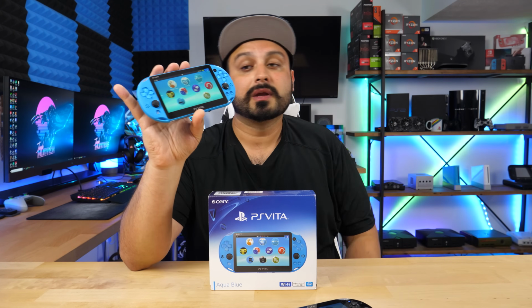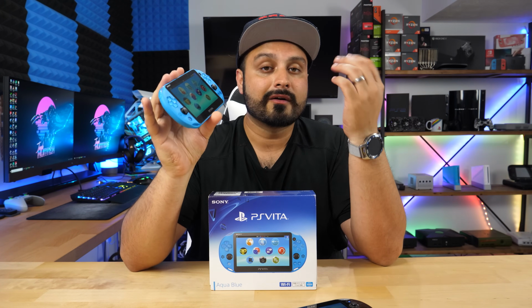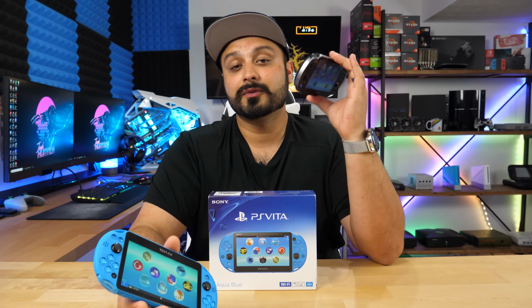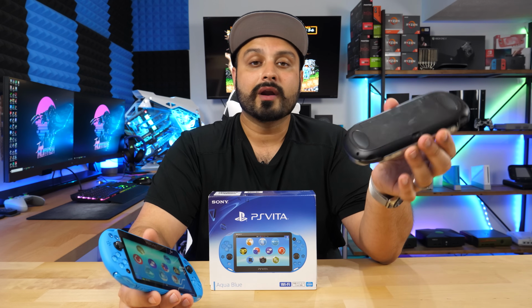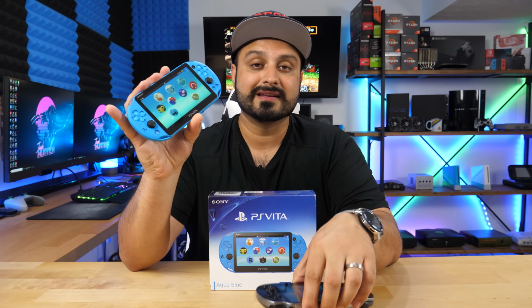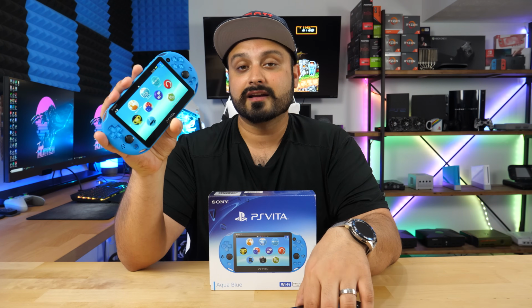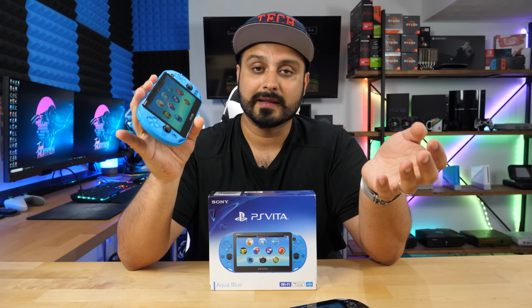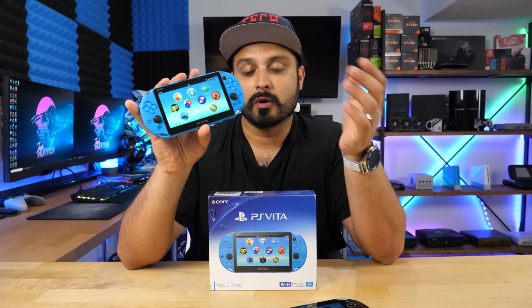So another cool thing you'll be able to do with this is that you're able to modify it without having to get a memory stick. Again, as I mentioned before, the memory sticks are kind of cumbersome, they're expensive, and there's really no point of them if you're going to modify the Vita and use an SD2Vita with them anyways. So with that being said, this just eliminates the added expense of having to pick up a memory stick, which, like I mentioned, can be really expensive, even if you want to get ones that are as small as 4